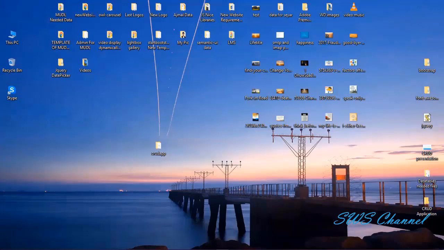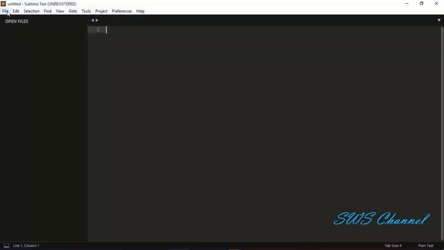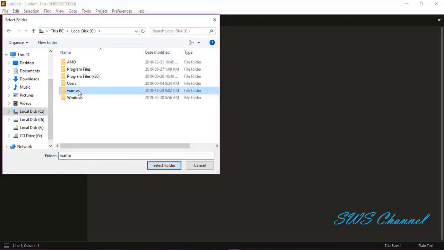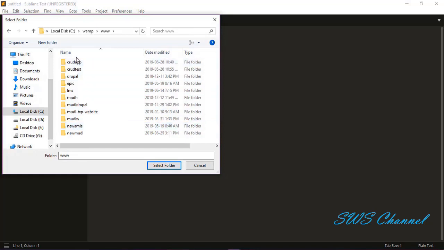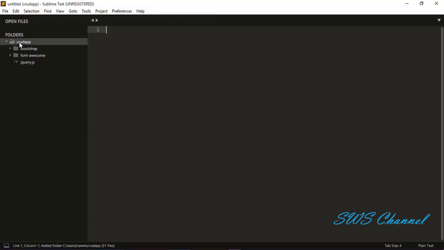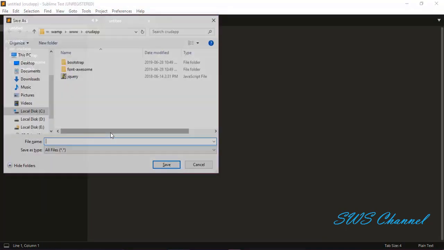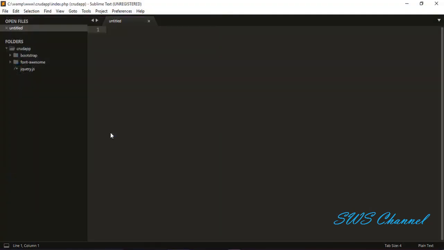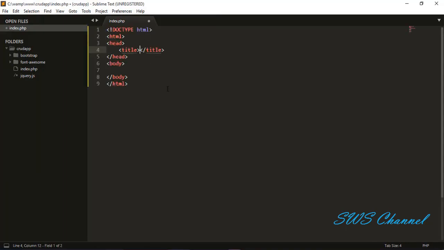After that we need to open the Sublime text editor and open our project in here. Open CRUD web server www, and our project name is CRUD. Open this folder, and let's create firstly an index page. Let's link our necessary files and libraries. Let's write HTML code, and the title of our project will be CRUD application